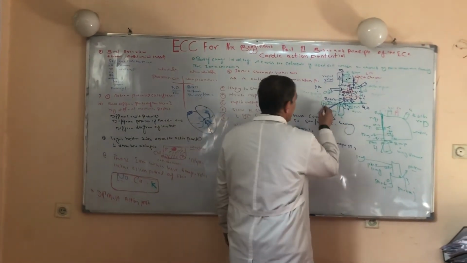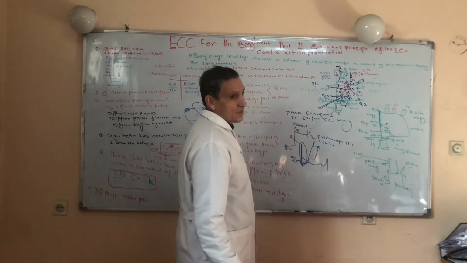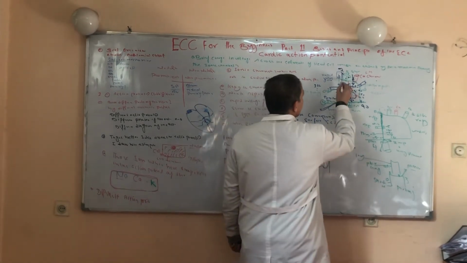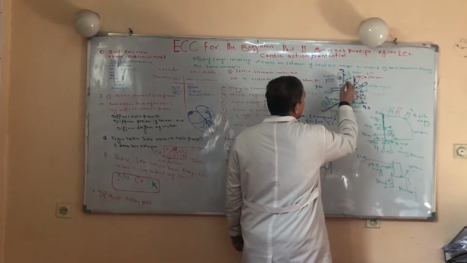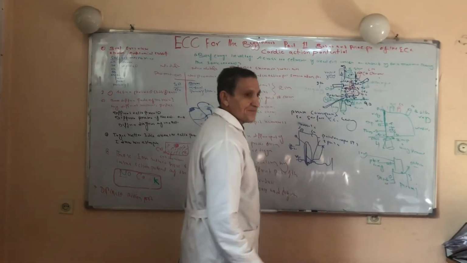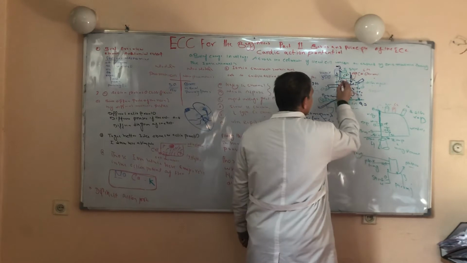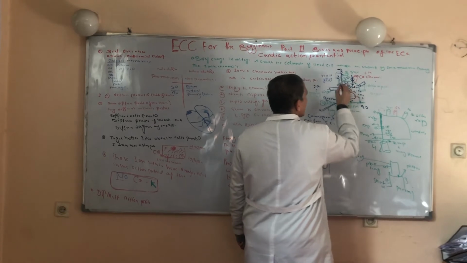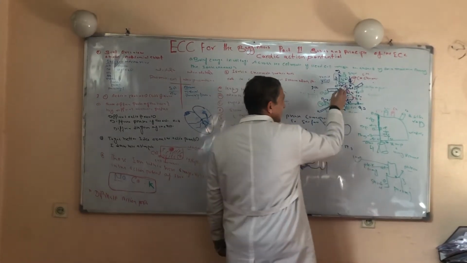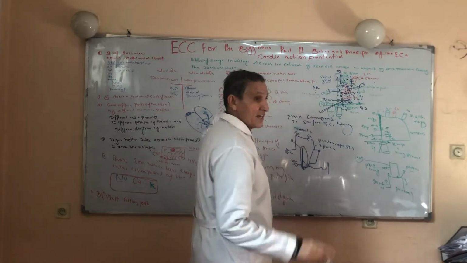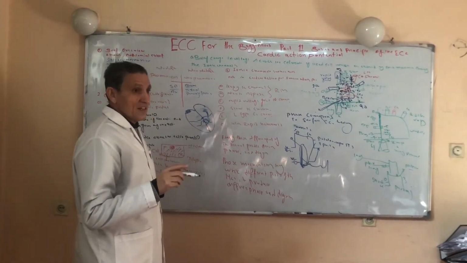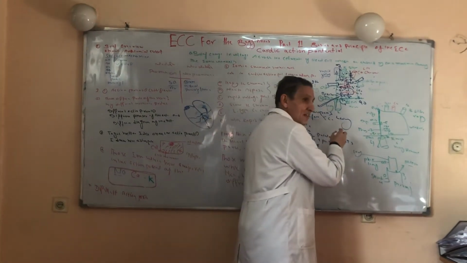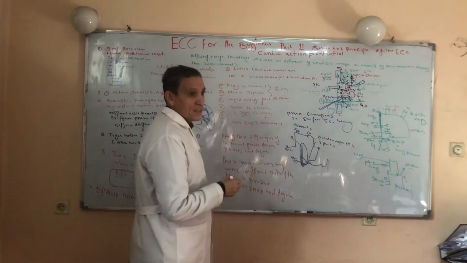For example, phase 4 represents the resting membrane potential. The 0 phase represents depolarization, and this is the plateau phase. This is the potassium channel. The plateau phase represents phase 2. In the genesis of the plateau phase of the action potential, the L-type calcium channel has a role. We have 2 types of calcium channel in the action potential. One is L-type, which is related to the ventricular cell, and T-type, which is related to the pacemaker cells.